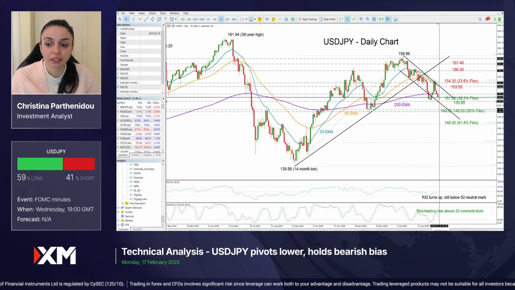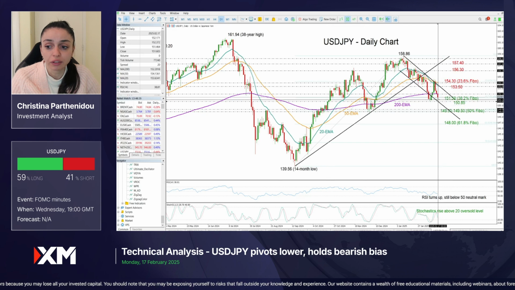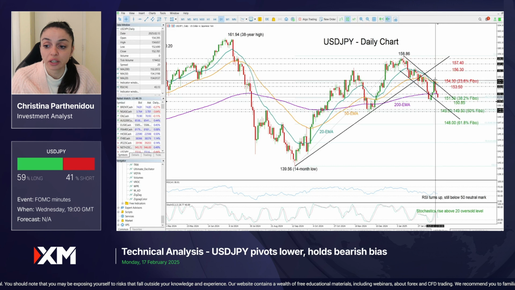But so far we don't have any significant changes, so the central bank is on the sidelines. So I don't expect any fresh updates to create volatility on Wednesday unless policymakers convince traders that 2 rate cuts might be likely in 2025. Futures markets are currently pricing in only a single 25 basis point rate cut. If the FOMC meeting minutes appear dovish, then we could see this decline extending probably below this bearish channel and